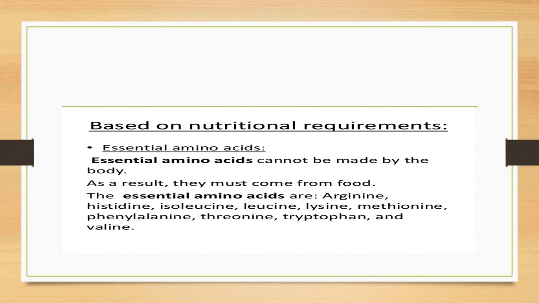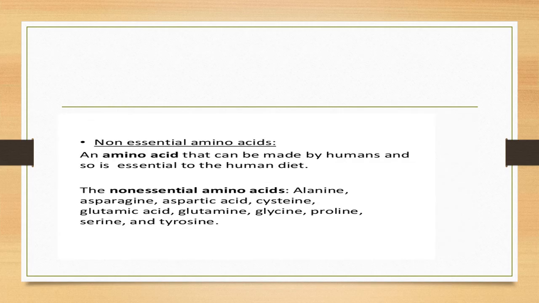These essential amino acids, histidine, leucine, lysine, all come from our food. And non-essential amino acids are what? Amino acids that can be made by humans and are not required in the human diet. Non-essential amino acids include alanine, and